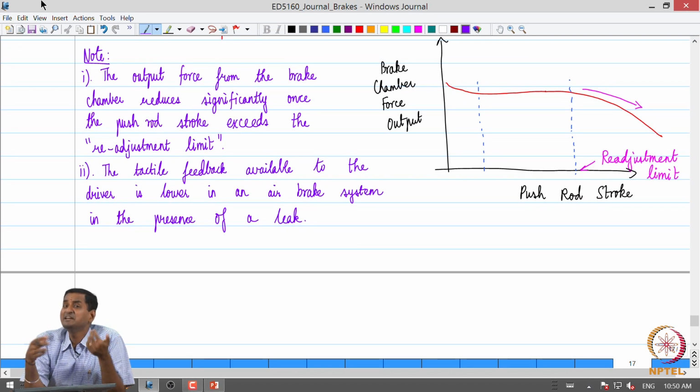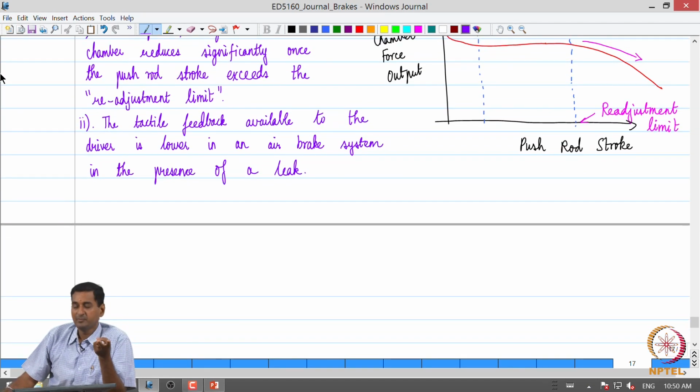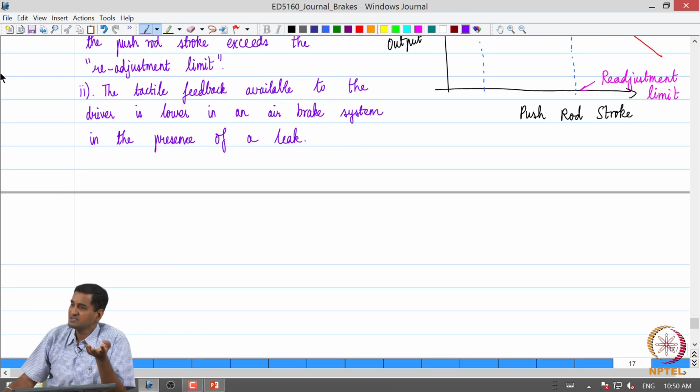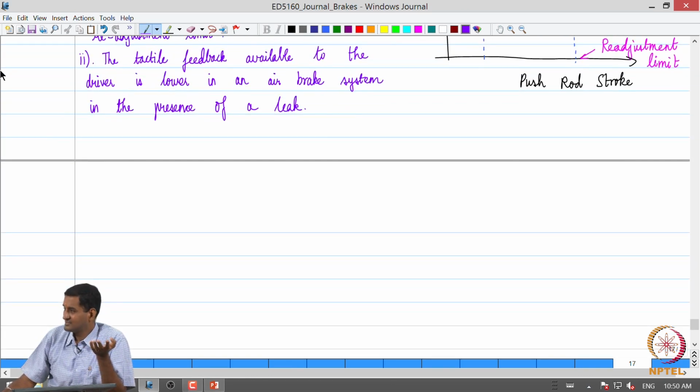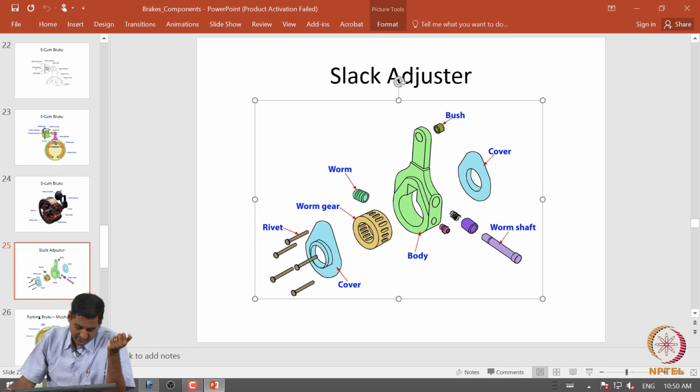So, that is going to bleed more air from the reservoirs. So, we are going to waste energy, right, is not it? Because we are using more air from the reservoirs to maintain a certain pressure. So, those are two detrimental effects of leaks. The operating force or the output force reduces, and also we end up using more compressed air, right. So, that is something which we do not want to do in an air brake system, right.